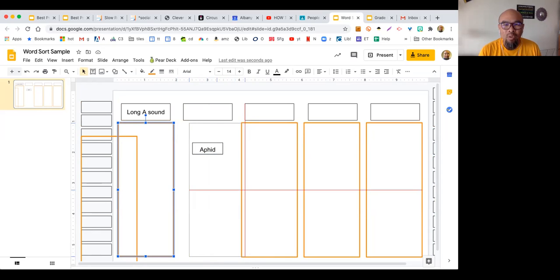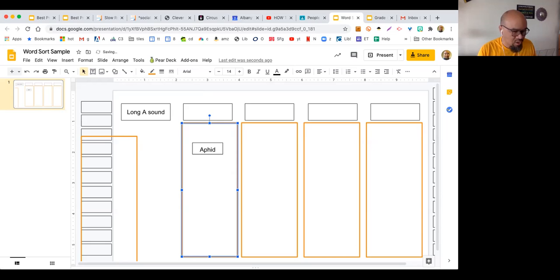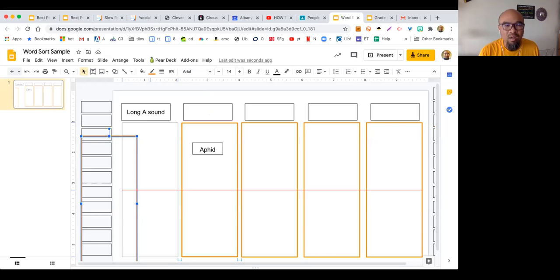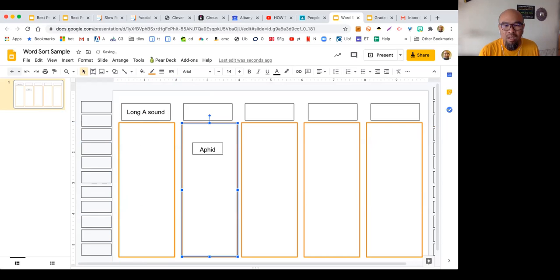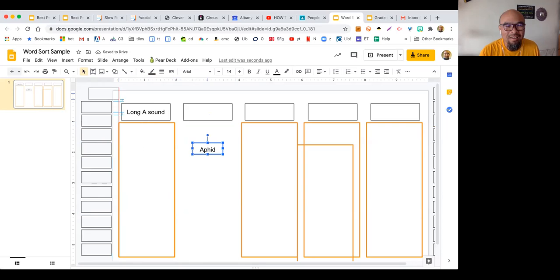And so if you are going to create a drag and drop activity like this, what I strongly recommend is that you make the background a permanent background. And let me show you what I mean by that. And I can actually go through the process as long as I get rid of this aphid. Okay, so how you do that